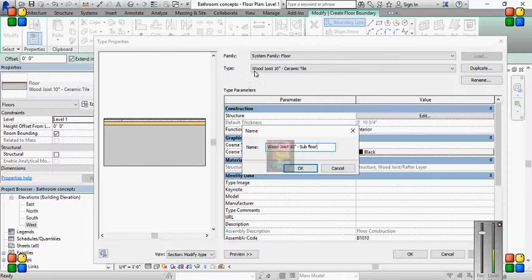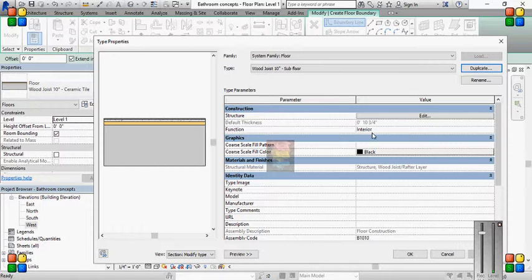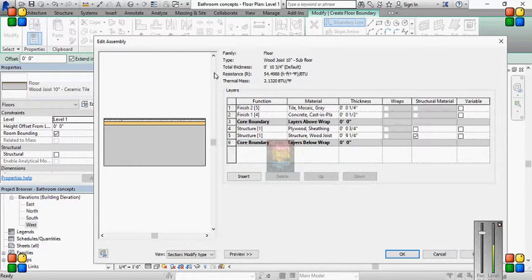So I'm going to call it what it is. I'm a huge proponent of that. If it's a wood joist with a subfloor on top, it's a wood joist with a subfloor on top. Don't call it something that it's not. Tell it OK. After I do that, though, I know I need to edit the structure of the floor because